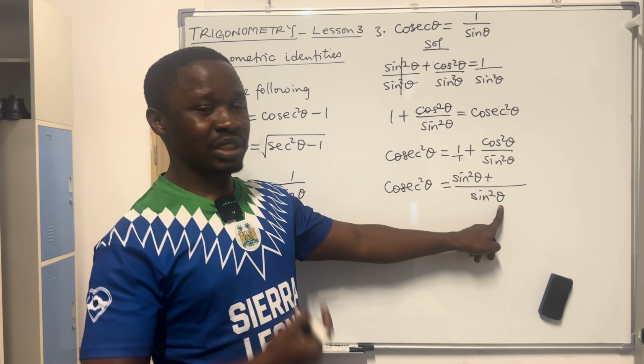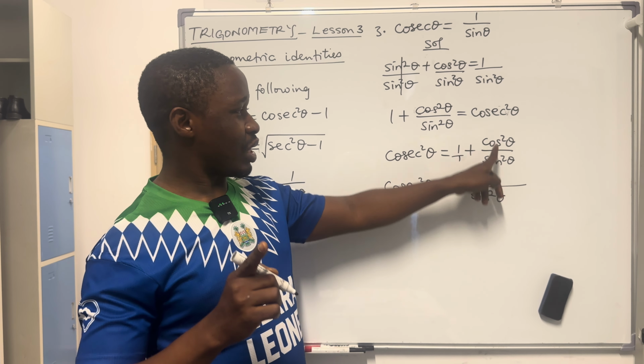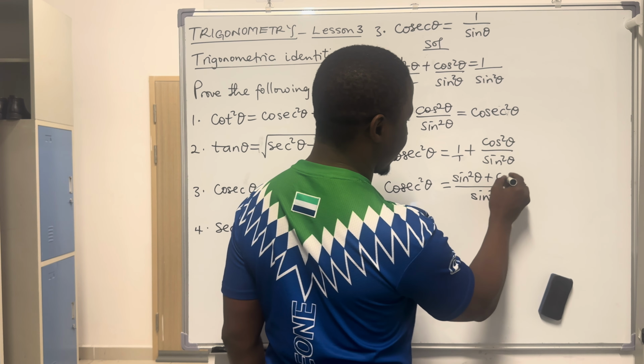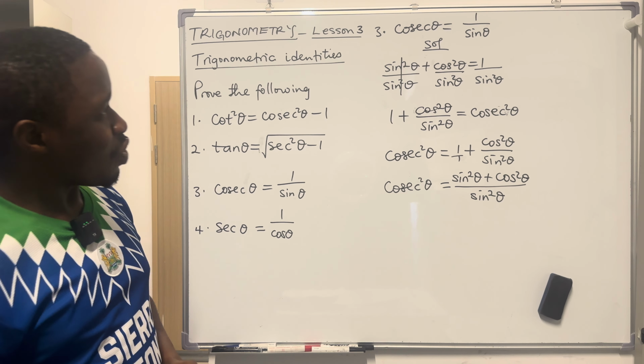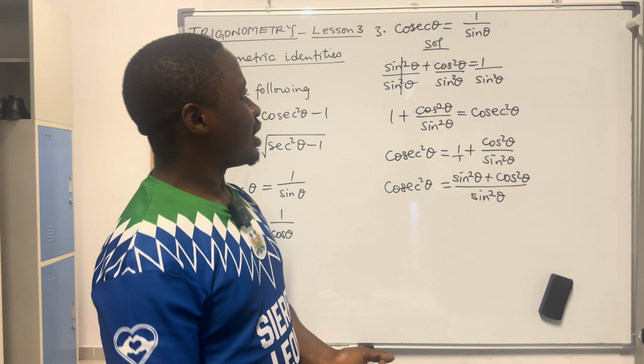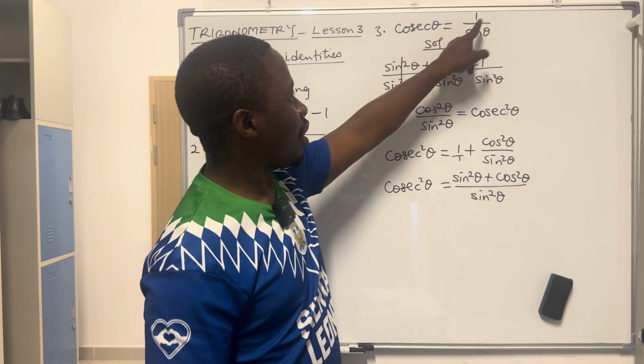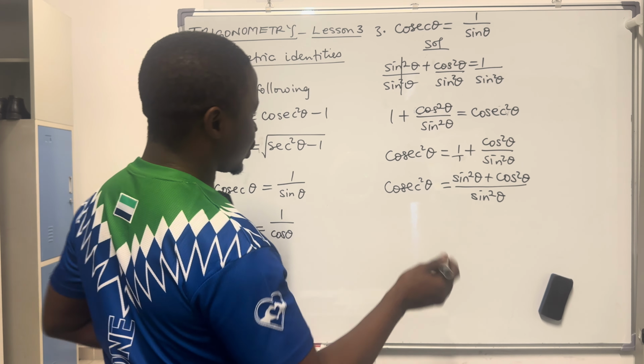Any value into the same value is 1. 1 times cos square is cos square. Okay? We keep going. All we want to see in the end is this equal to this. Okay. So now we say